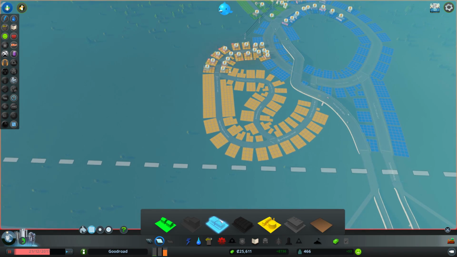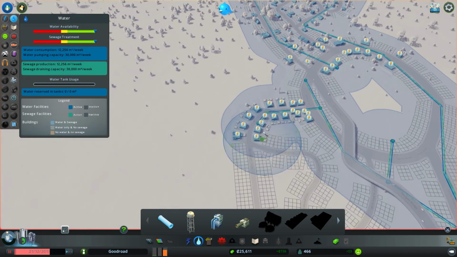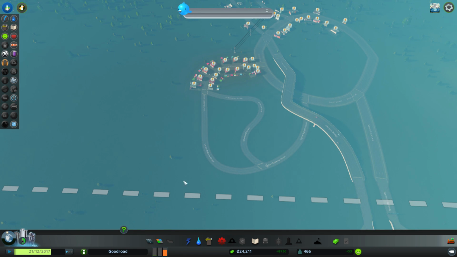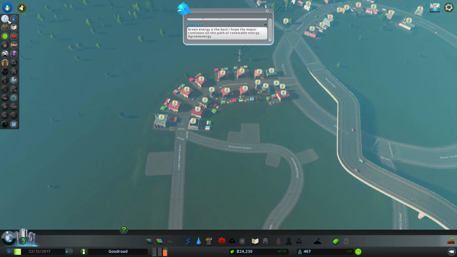There we go. So, just make sure that's going to have power. Hook it into the water grid as well. Make sure we've actually got ourselves some water. There we are. Water that. Good. All right, that has got to be enough industry for everyone. So get that going. Green energy is the best, so we should now have enough energy starting to flow through